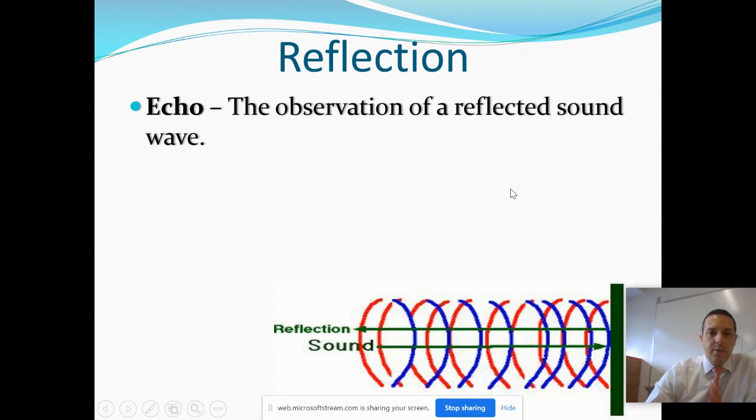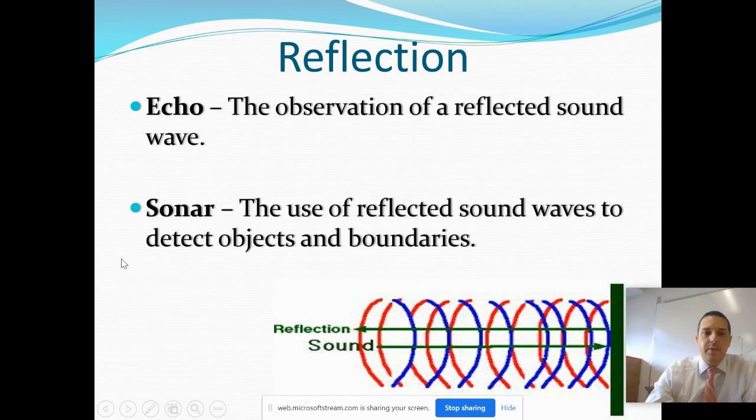So let's talk about what an echo is. If you hear the term echo, it is referring to reflection of waves, specifically the reflection of a sound wave. There's another term that we often use in conjunction with an echo, something you use echo to do, and that's sonar. If you've ever seen a movie, or observed something with airplanes or in the military, they may be sending out sound waves into the environment. When these sound waves reflect off objects, they can be used to locate where certain things are.